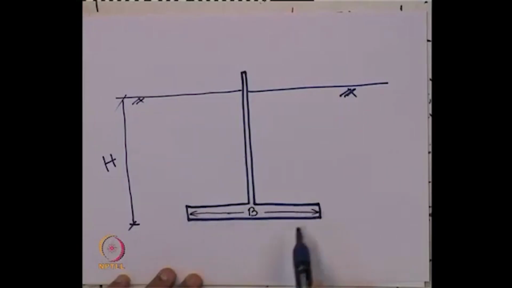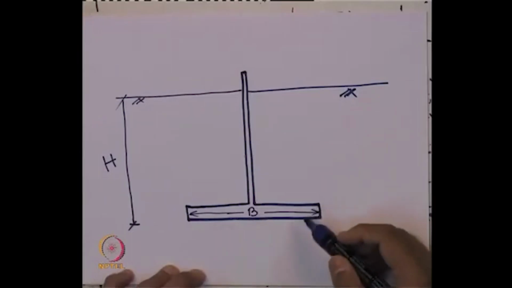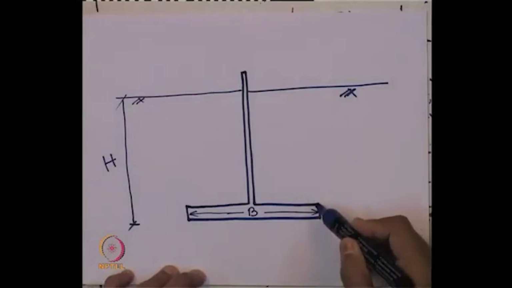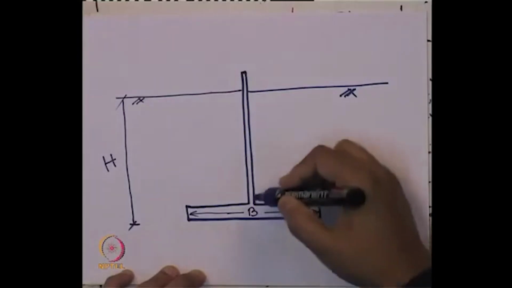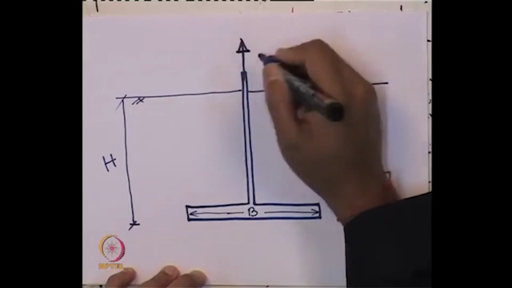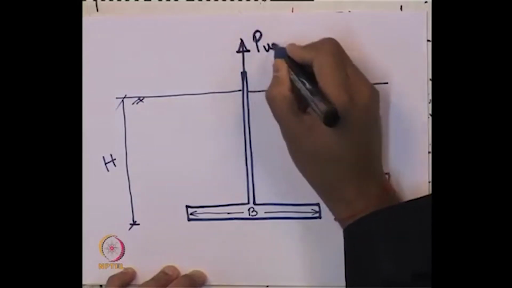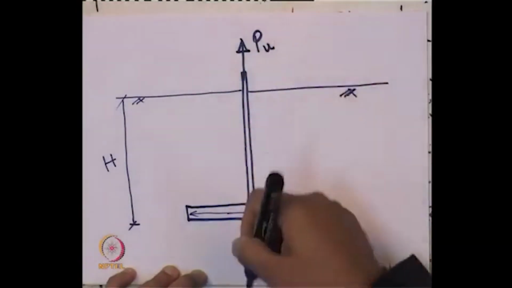anchor plate. Now, there are various types of anchors, of course. So, this is a plate anchor, and for plate anchors we can have square plate anchor, rectangular plate anchor, circular plate anchor, like that, and even strip plate anchor also. Strip means when the length is much more than this width. So, along this anchor rod there will be some uplift load. This is the P uplift